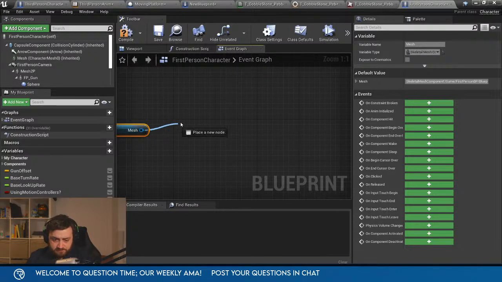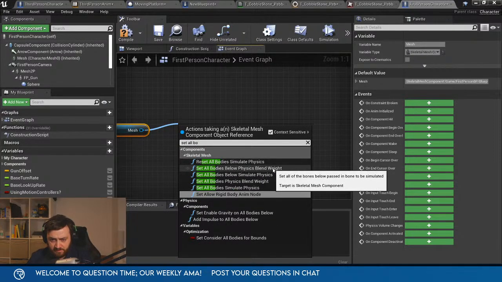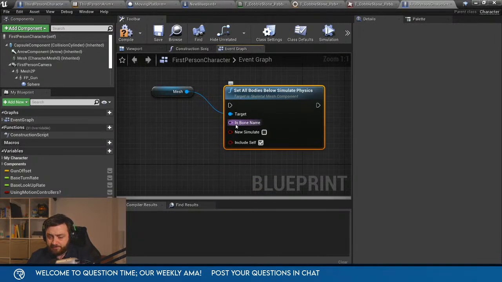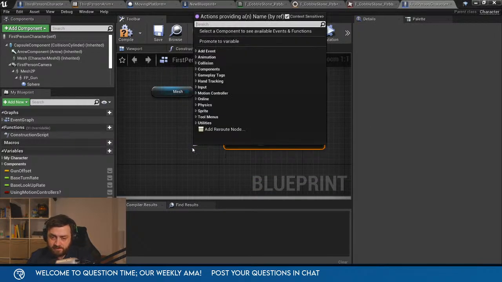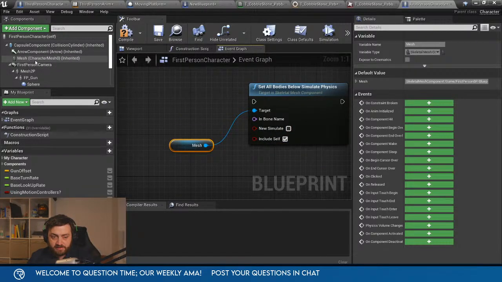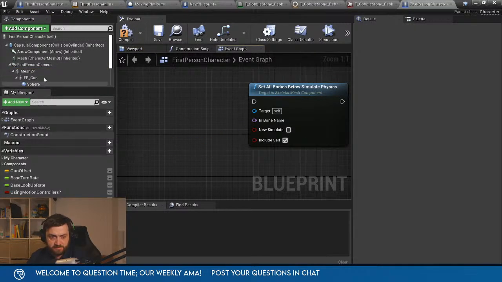That's it. Set all bodies below. You use set all bodies below simulate physics, and you put in the bone name. Anything that's below that in the hierarchy will be affected by it. For example, we're using the hands here. So if I drag the hands out